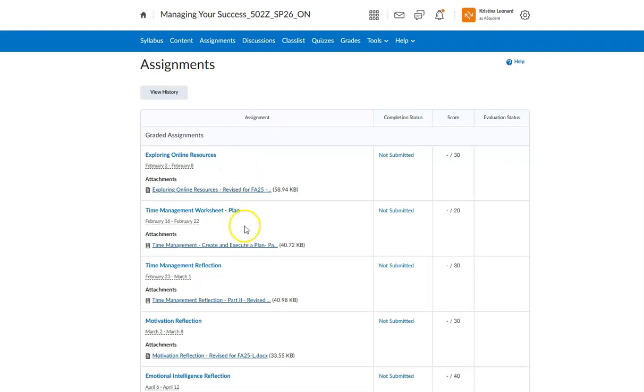When there's a worksheet or a reflection, you'll see that there is a folder for it, and that's where you can see the due dates, when it opens, when it ends, and you can also see the actual assignment itself. Now, if you wanted to take a look at it early, great, but you won't be able to submit it until that window opens and is available. Once you've submitted, you'll be able to see a number 1 here under completion status. And if it's been graded, it's going to say your score and information there. So that is for worksheets and reflections that you'll find on your homework schedule.